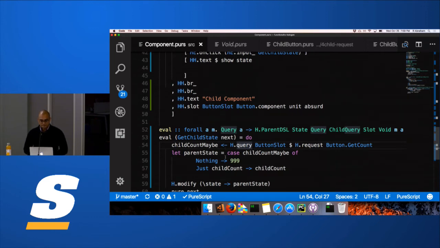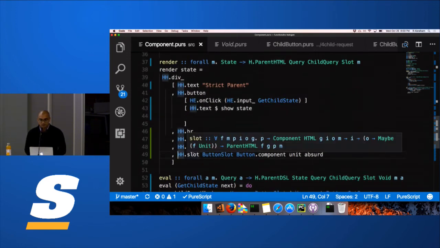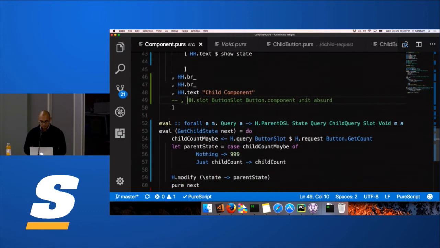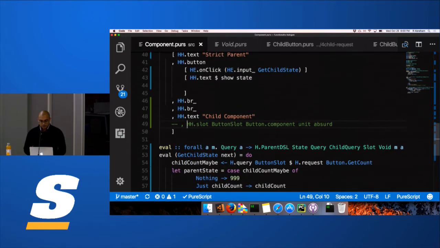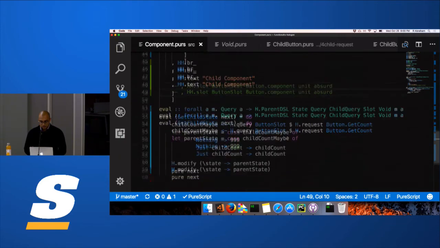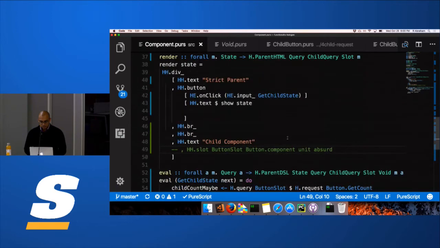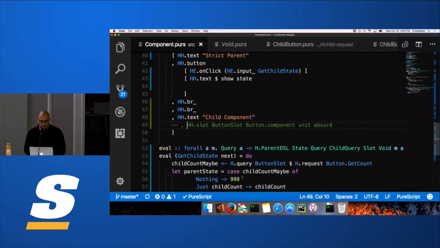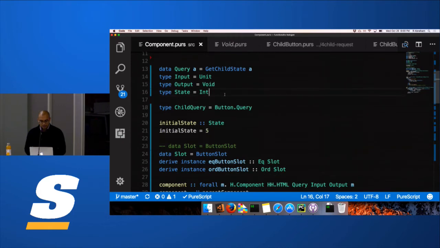Would it work if you commented out line 49? Comment this out. If I comment this out, I'm saying that my parent has no child. That's what I want to see. I probably still will get the sign here, because now the button with this slot doesn't exist in the markup. I think 99 may very well be the state, my own state. So my state is int. I think if I change the number,